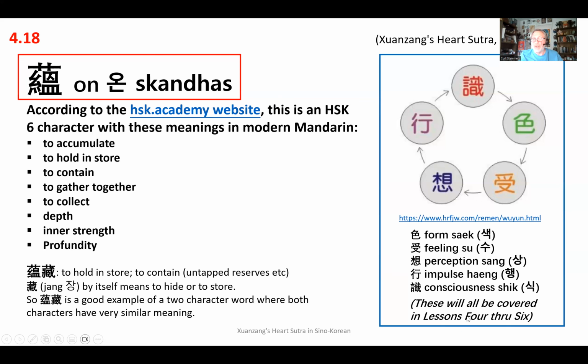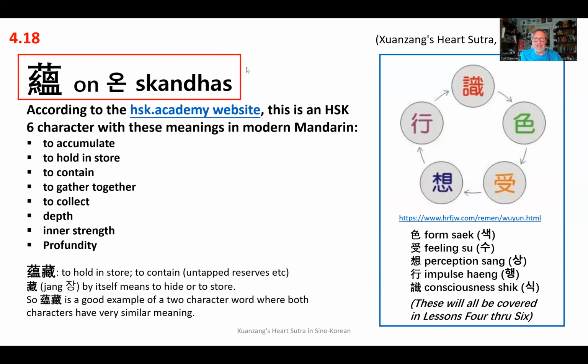Actually, this is lesson 4. In lesson 4, we introduce this one right here, hang, which is also, in addition to being action and practice and elements and so on, the word for impulses in the 5 skandhas. I think these 3 skandhas will be in the next class, and consciousness will probably be in the 6th class, which will be in 2 months. Anyway,